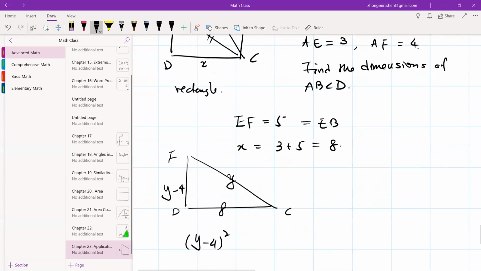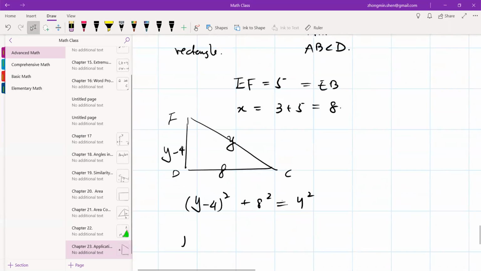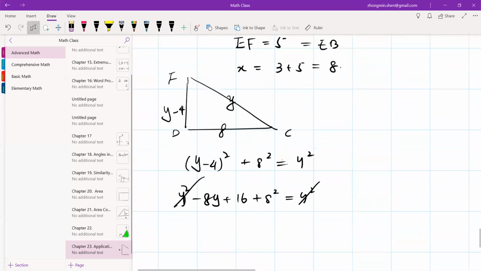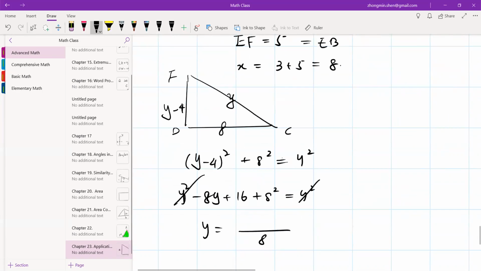Y minus 4 squared plus 8 squared equals y squared. And that means y squared minus 8y plus 16, plus 8 squared equals y squared, and the y squared cancels out. And my y equals 16 plus 8 squared, over 8. How did I do that? 6 plus 8. That's